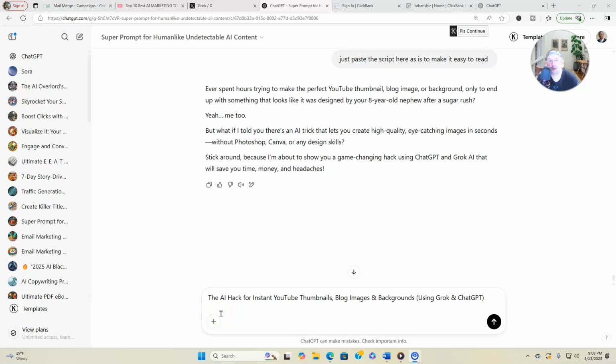Ever spent hours trying to make the perfect YouTube thumbnail, blog image, or background, only to end up with something that looks like it was designed by your eight-year-old nephew after a sugar rush? Yeah, me too. What if I told you there's an AI trick that lets you create high quality, eye-catching images in seconds without Photoshop, Canva, or any design skills? Stick around because I'm about to show you a game-changing hack using ChatGPT and Grok AI that will save you